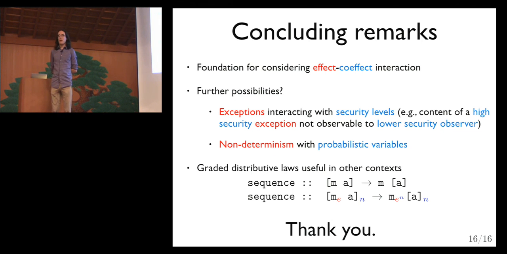Yes. So I haven't done any work on that yet, but coeffects are fundamentally about tracking data flow via variables, and then we can connect that with effects, which is when data flows out of a computation. So I think there's enough structure there to do something like that. It's already got this information flow flavor, so I think that'd be a really interesting line of work to look into. But we haven't done anything on that yet.